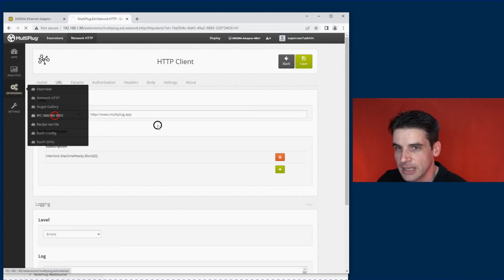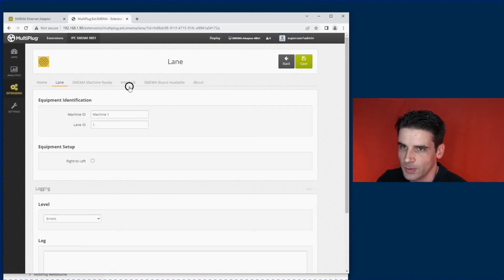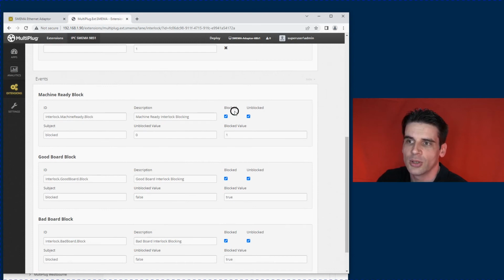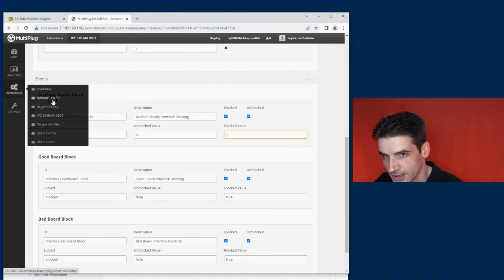within the SMEMA settings we can say whether that is blocked or unblocked. And what we can say is the payload of an event has subjects, and we can say the subject is 0 for unblocked and 1 for blocked. We could change that to true, or whatever you want to do, and essentially when that gets fired from the HTTP request,